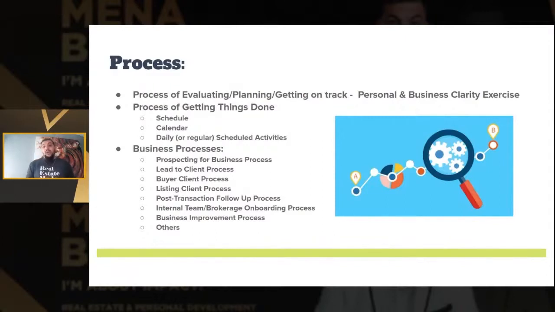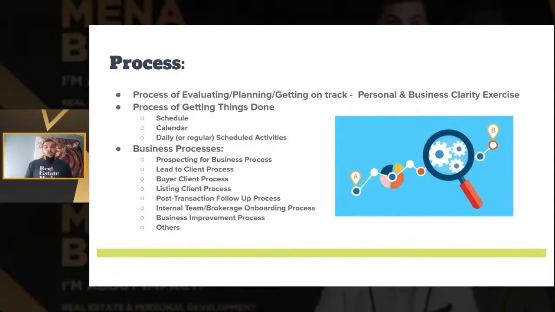So a schedule is a process, right? Having a schedule. So we talked about having a daily schedule, and what does your ideal day look like? And that's a process of getting things done. Your calendar may be a way to get things done. Some people, myself included, live by the calendar, right? If I want to get it done, I put it on my calendar. If it's on my calendar, I'm going to get it done, right? And then you might also have daily or regularly scheduled activities, as we talked about. What are those activities that you need to do every day or on a regular basis in order to accomplish